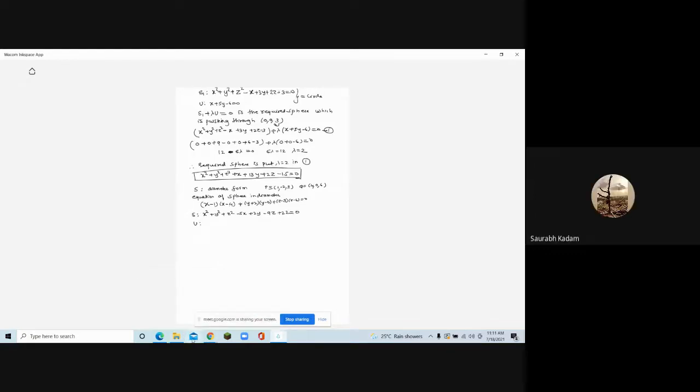x plus y minus 2z plus 6 is equal to 0. Therefore, this is the circle. Now, what is the sphere passing through this circle? The required sphere passing through the circle